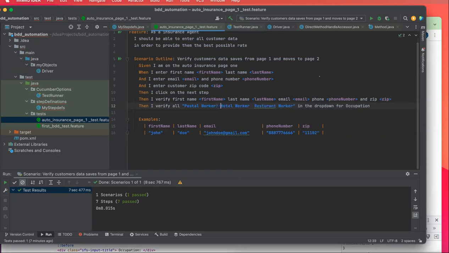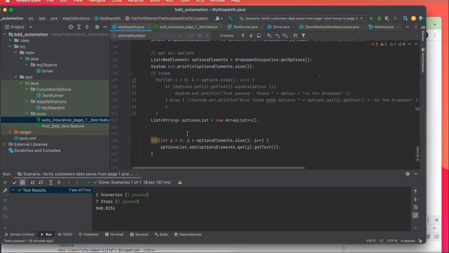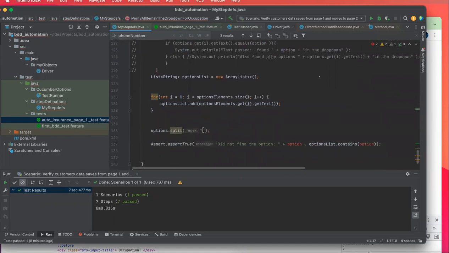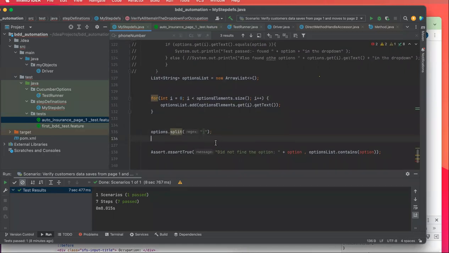Colon, not the semicolon, the colon. Okay, let's see if it works. If it works, it works. So let's see if colon creates a problem. No, it doesn't create a problem. So everywhere there is a colon is going to split. So first let me just go ahead and take that split,